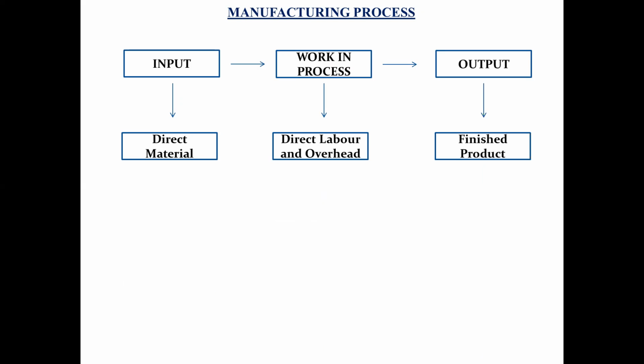Now, if you see over here, we have included direct material and direct labor, but we don't have indirect material, indirect labor, or indirect expenses. Over here, direct expenses will also be included. If there are any direct expenses, that will also be included in work in process. But if we talk about indirect material, indirect labor, and indirect expenses, all of this together